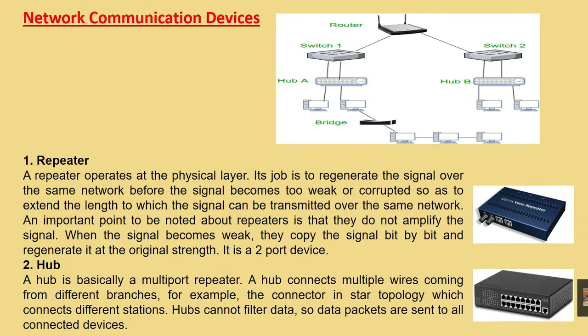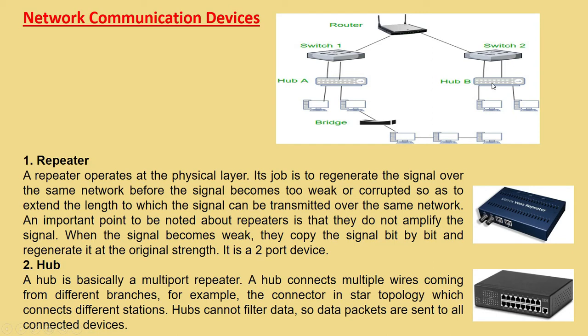Network communication devices. Now see this picture. For this network, these are the systems that are there. The total network is connected with different communication devices. Now the router is there. Again this router is connected with switch number 1 and switch number 2. Then switch number 1 has one hub, that is hub number A, and this is hub